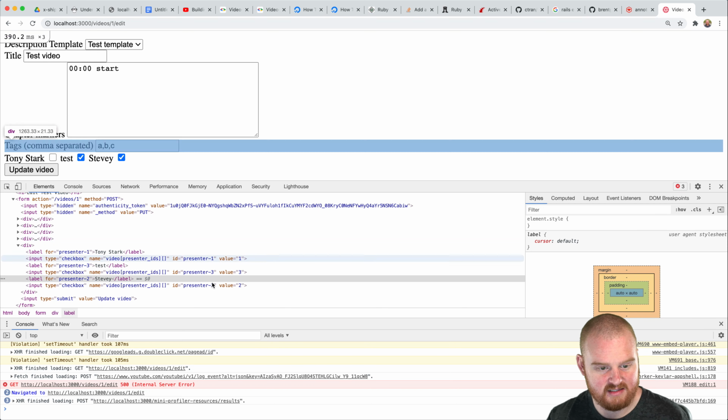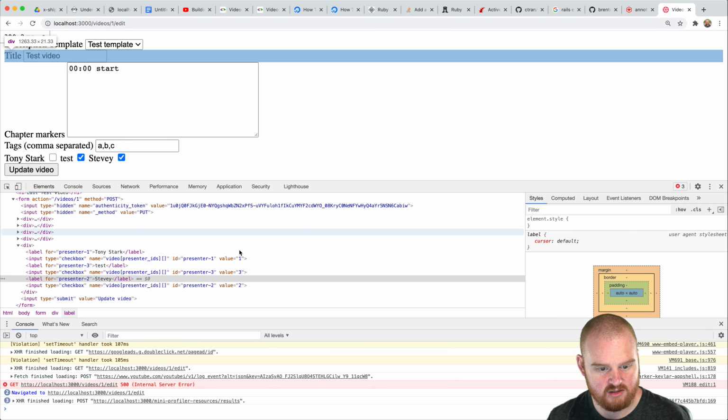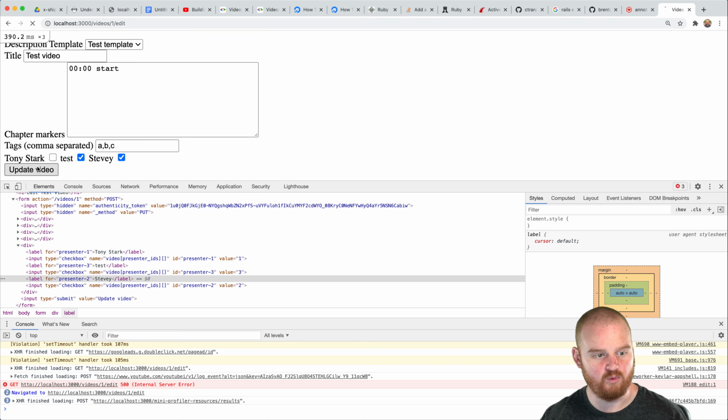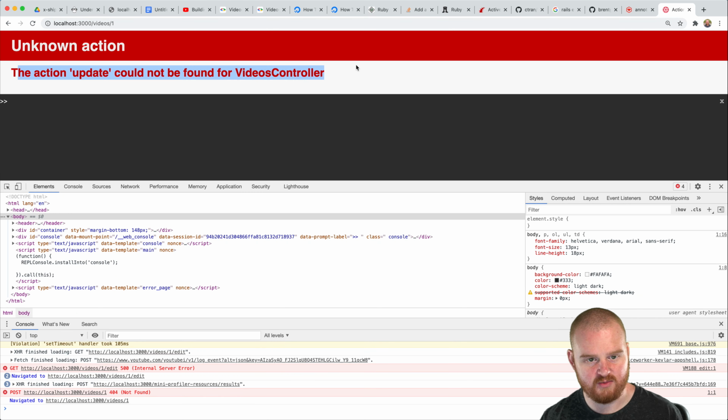So in this case, it would pass test, which is 3, and it would pass 2 for Stevie. But it would not pass 1 because Tony Stark is not checked. We'll look at that a little bit more in a second, but first we need to add an